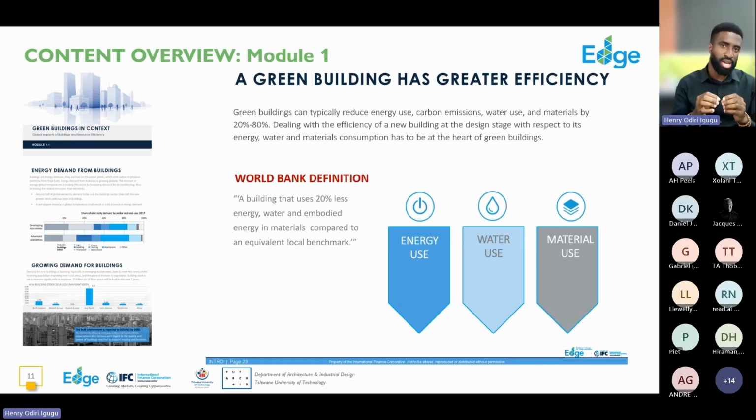I want to really emphasize that because, yes, there are other green building rating tools and approaches, but this is very specific in terms of the three areas that are being looked at and analyzed. So it's 20% less as a minimum in each of these three categories.